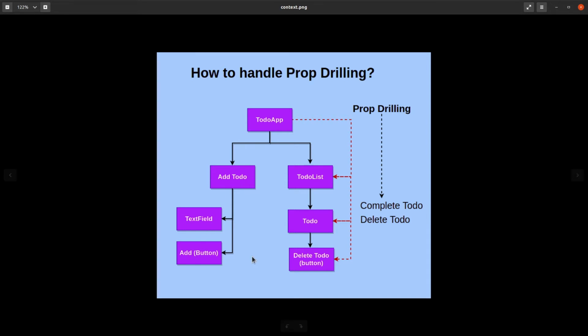And why I am saying that we are doing prop drilling here, because for complete to-do or delete to-do I am passing my function from to-do app to to-do list and then from to-do list to to-do. To-do list doesn't need to do anything with these two methods, but we are just passing it and it is acting as an intermediary to help the to-do component get these properties.